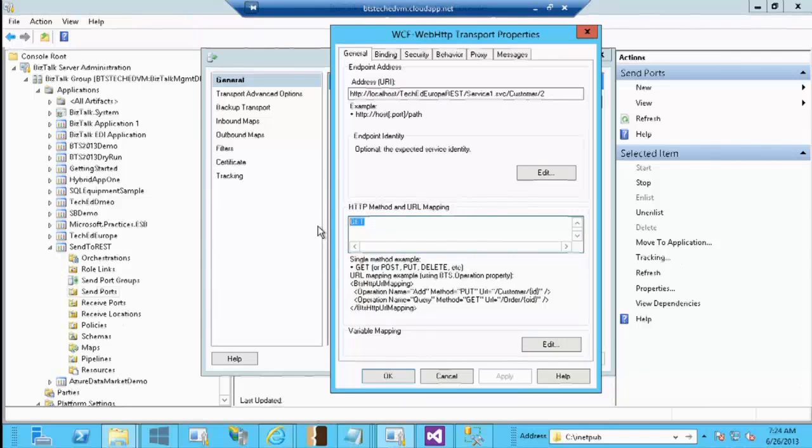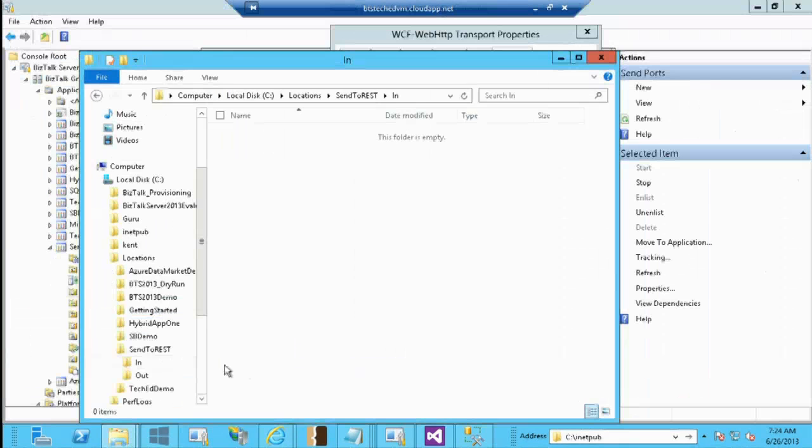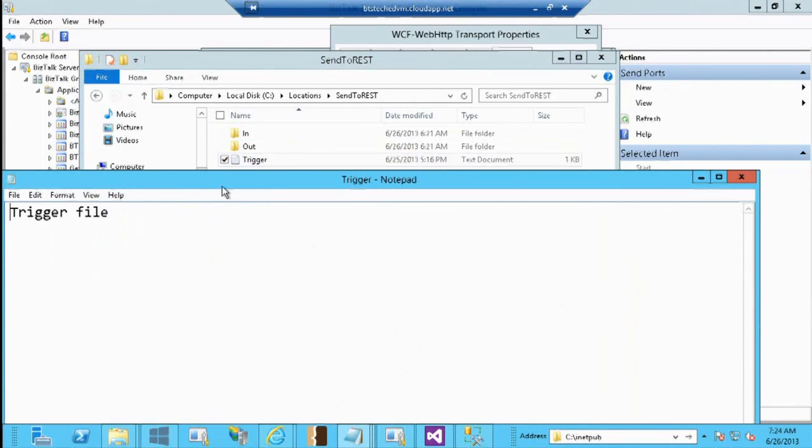But BizTalk, being a messaging broker, says, I need to know the message that you are dealing with. Because it is REST, I'm going to explicitly tell BizTalk not to worry about any message it will be getting here. I want you to truncate anything that goes out. So I'm going to post a trigger message, a dummy message, to tell BizTalk, go ahead and make this call, but don't worry about what's inside the message. I can specify the verbs for which I want to truncate that message. If you look at the trigger message itself, it is just a dummy message.